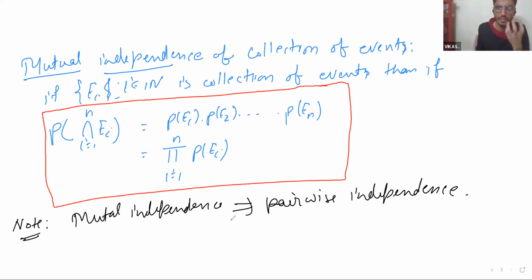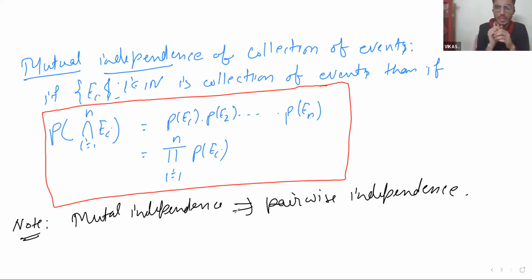It means that if you have a collection of events and it is mutually independent, then by definition, if you take any two events from it, they will satisfy the definition of pairwise independence. It's obvious from the definition, but the converse is not true.